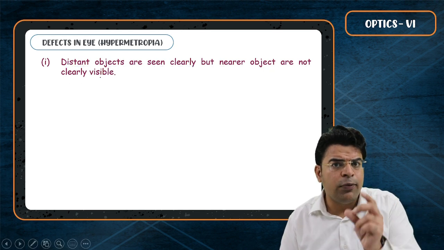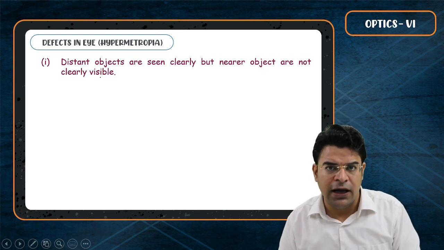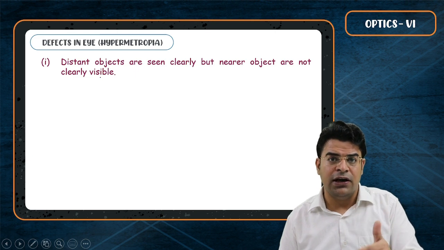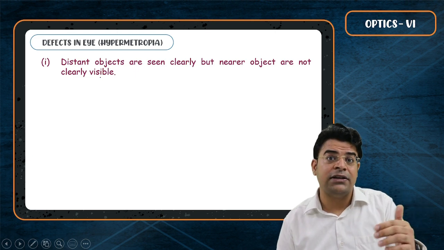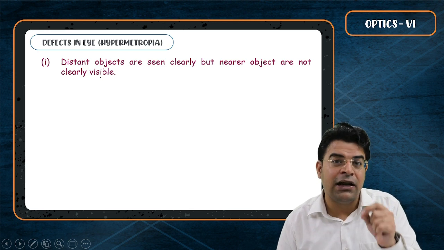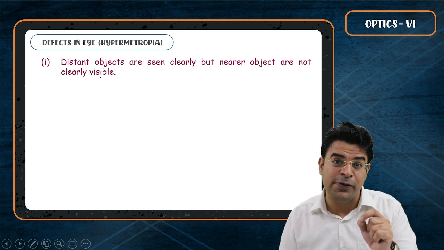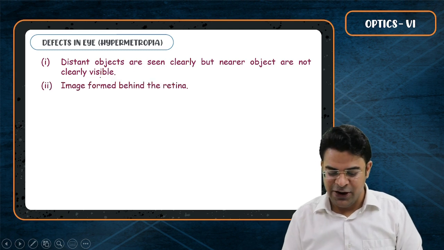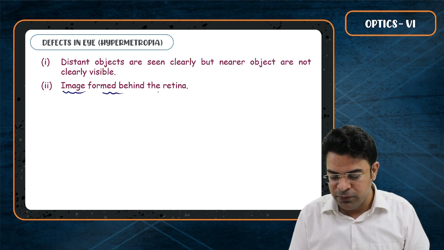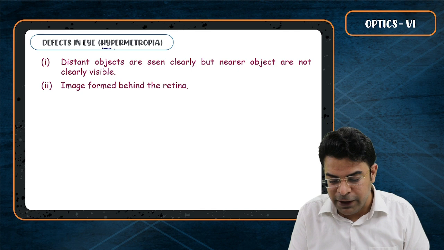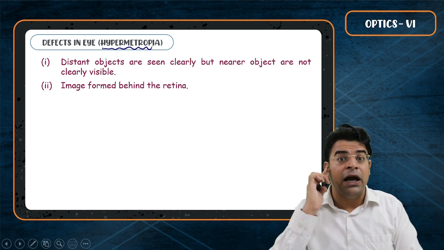Now, which type of sightedness will you say these people have? They have farsightedness. They can't look at the things clearly which are nearby, but they can look at the things which are far away. And do understand that farsightedness comes with experience. That's why old people have farsightedness. I don't have. I have got nearsightedness. Okay, moving on. Second, image formed behind the retina. So for people suffering from hypermetropia, the image is formed behind the retina.